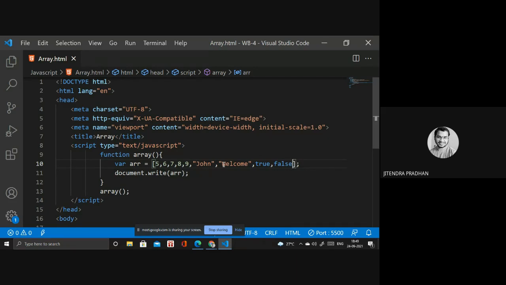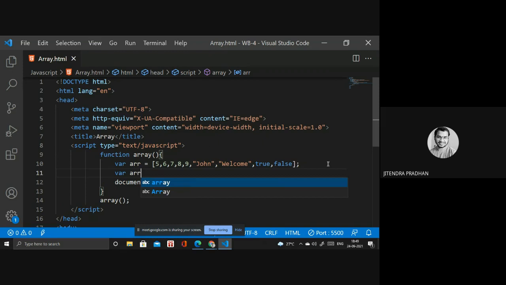Okay, next we have to discuss declaring the array. We have two types of declaration: one is the meta character, and the other is the constructor. How can we write it with the constructor? I need a variable, array two.